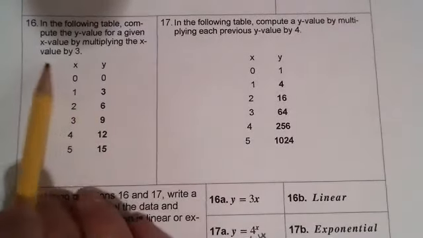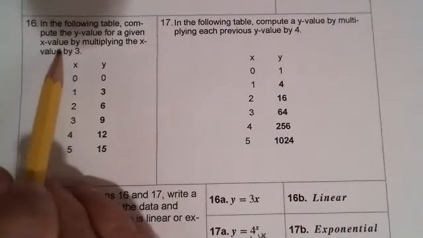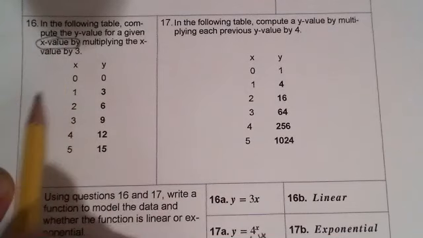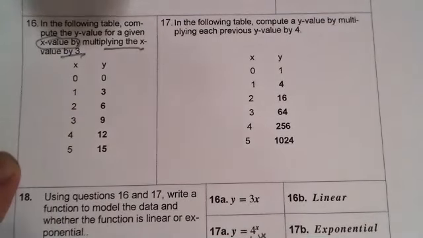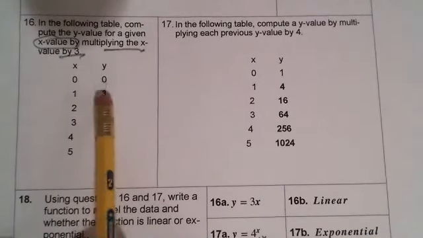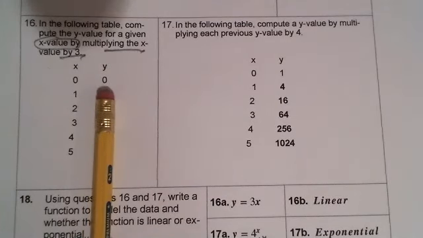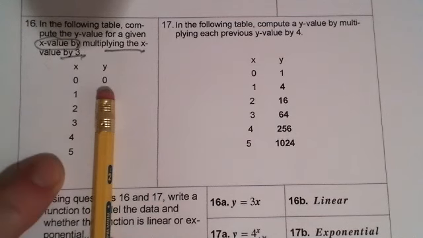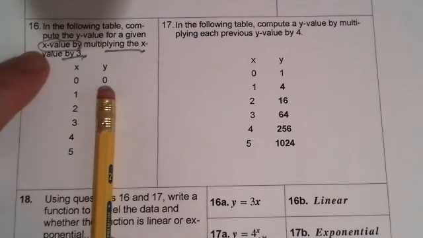All right, then you're gonna get a table like this. In the following table, compute the y value for a given x value, and it tells you what you're supposed to do. They want you to start with an x value by multiplying the x value by 3. So here's what your chart would look like. I'm going to cover it up. Your chart would look like this on the test. You would have a y and an x. They would give you all the x values, and then you would start with 0, and then everything else is going to be blank. And so you got to figure, okay, if the question says that I gotta multiply the x value by 3,